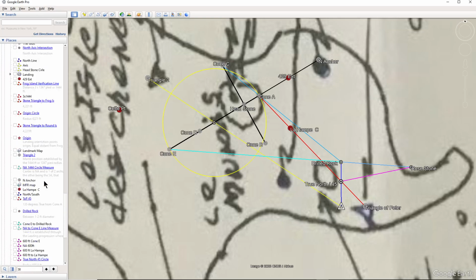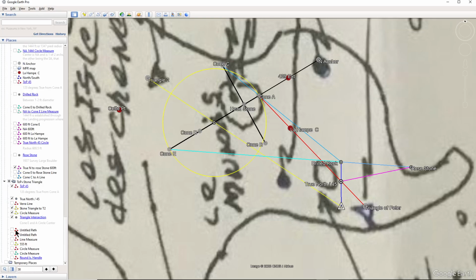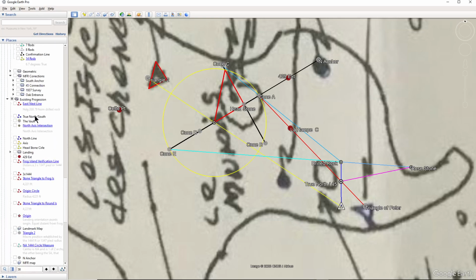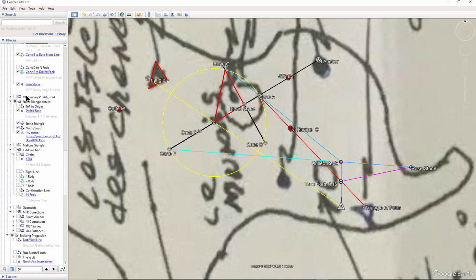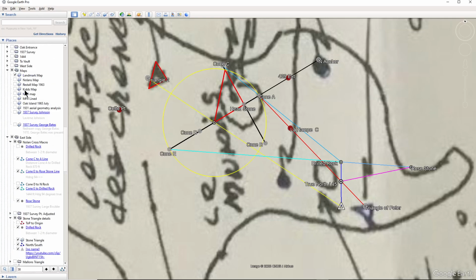So if we take, let's see, I have it here. Take a triangle here. Notice how they're similar. Now that's just a clue. I think it's just a clue that maybe associates with this geometric function of this circle and the center of this circle, to where it associates with the stone triangle. So another thing I want to show you too that is associated with the stone triangle, let me take the